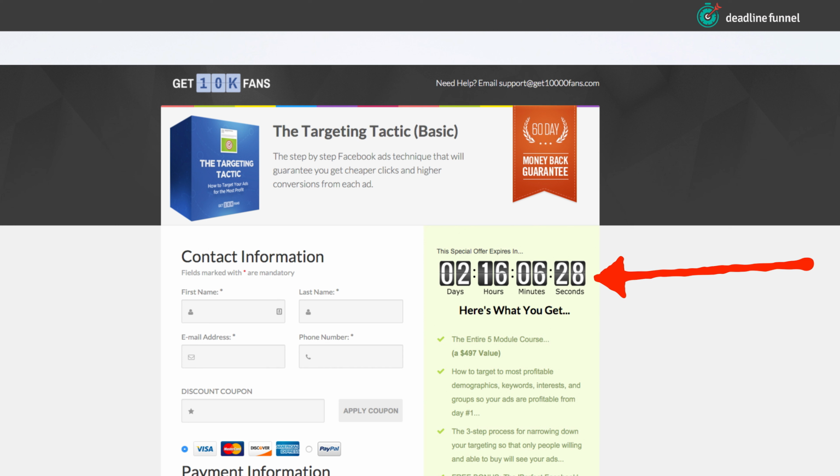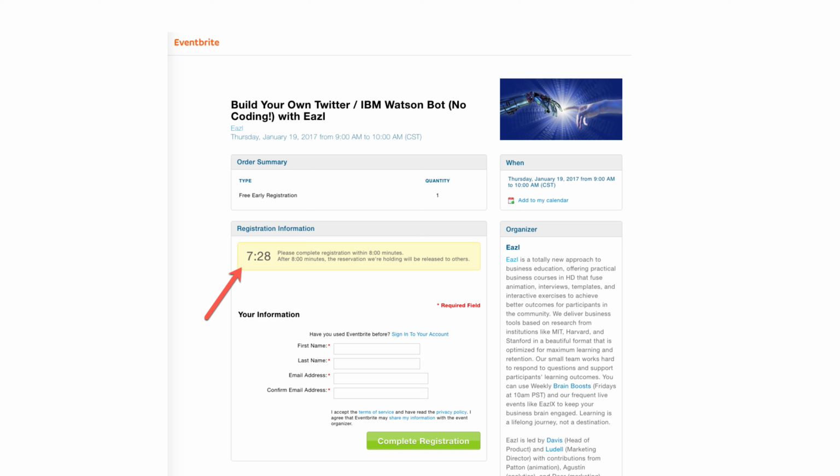Now, one of the things you want to do is make sure that if you're using a countdown timer on other areas of your site, so if you think back to Navid's example, if someone opts in and they think, wow, yes, I do want these free recordings, and they see that there's 5 minutes left on their countdown timer, when they click through to the checkout page, you want your checkout page to show the same amount of time that they were seeing before. That's one of the benefits of using Deadline Funnel, by the way. But whatever tool you use, you want to make sure that the time is accurate to them, not just when they showed up on the page. Here's another example of something that I saw in the wild.